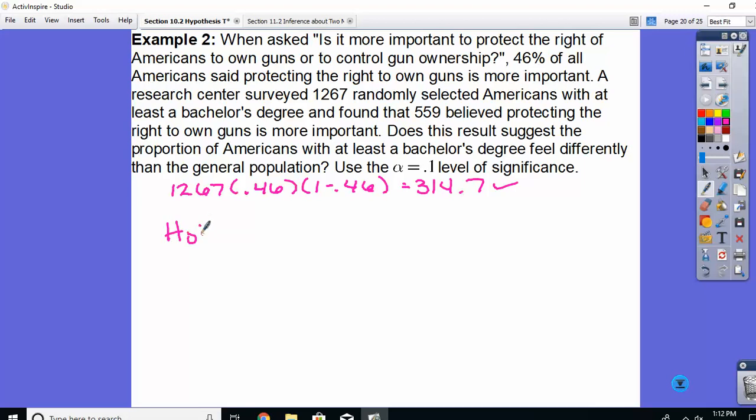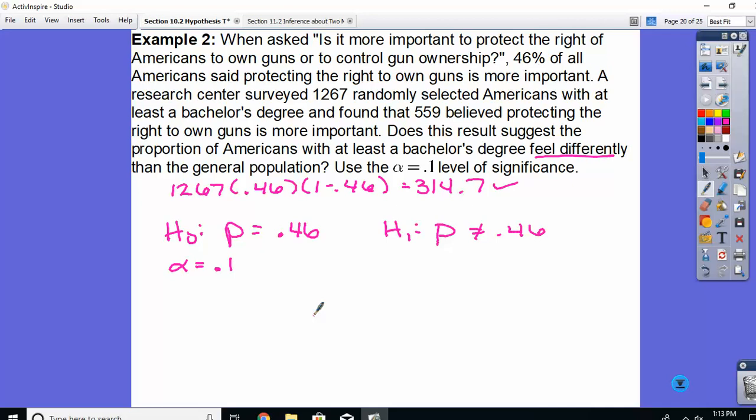Null hypothesis is that our p is 0.46. Alternative hypothesis, we want to know if they feel differently, so does not equal. All right, what alpha level were we given? Okay. So, how do you want to do this? Do you want to try it on a calculator? Okay. I may do it by hand as well, just to show you, but we'll start with, if you want,